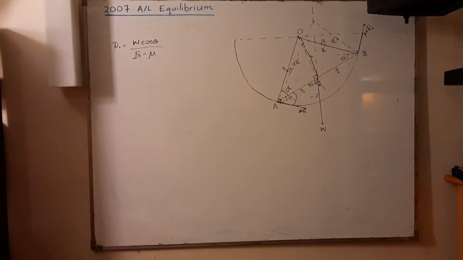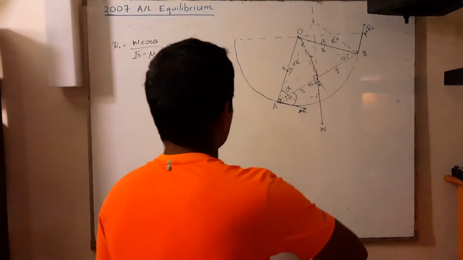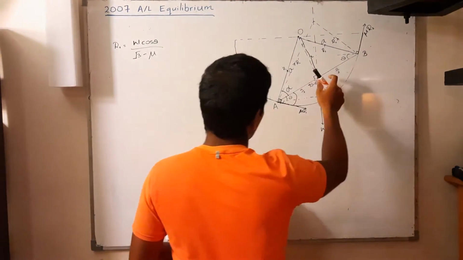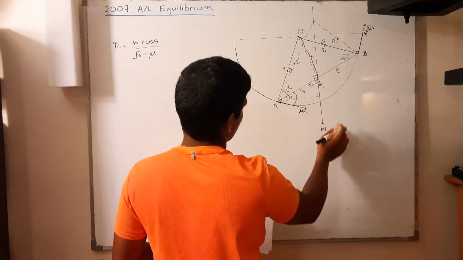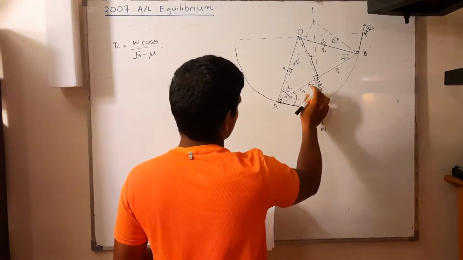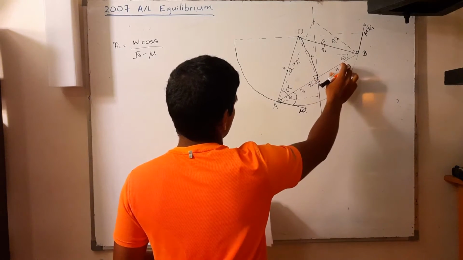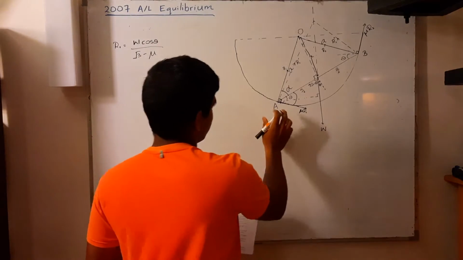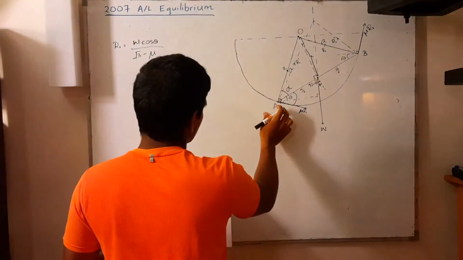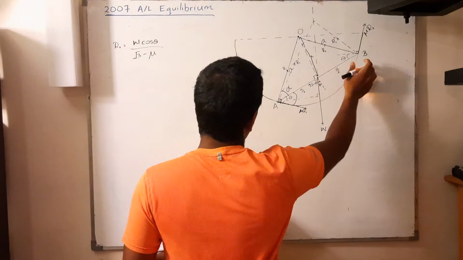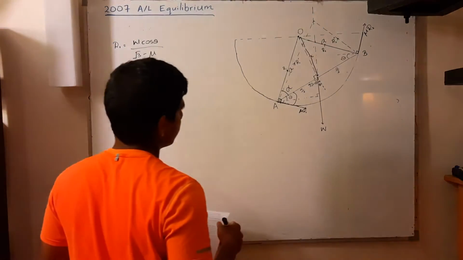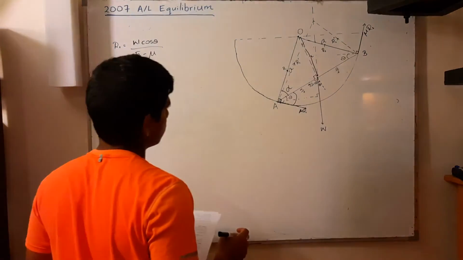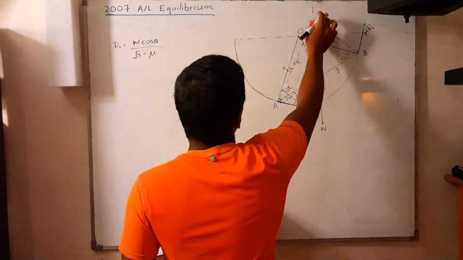As you can see, this is the rod. I've marked the lower point as A and the upper point as B, and the weight is acting from the midpoint of the rod going downwards, so this side becomes A by 2 and this side becomes A by 2. The other two forces act up from A and B. We know that when three non-parallel forces are in equilibrium, the lines of action of those three forces should meet at the same point. So that's what happened over here.